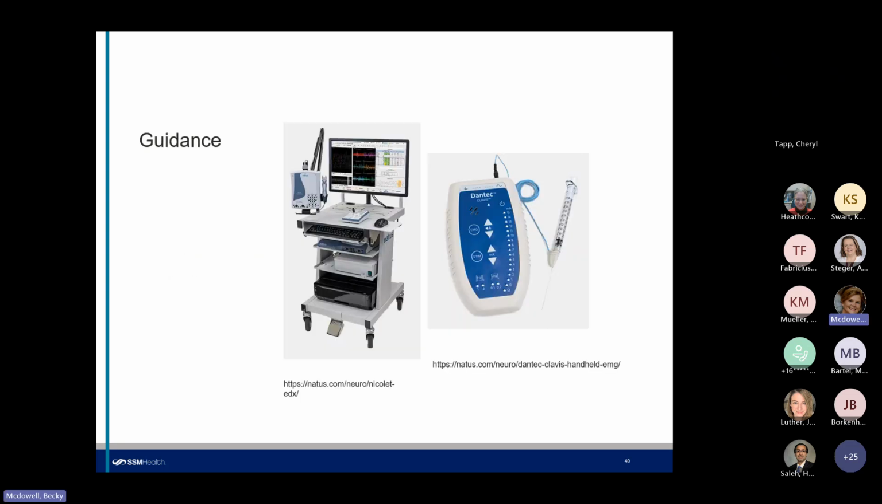For guidance, I just put a couple of machines up here. On the left side, that's an EMG machine that we use for nerve conduction and EMG studies. As you can see, it's pretty large, and that would maybe not be the best tool to use for somebody who is getting botulinum toxins all over their body, because you'd have to move the arm of it closer to the patient to do injections at each location. So there are lots of other devices that are handheld, and that's what you see on the right side. This is a device that I use in clinic, and I like it because it has EMG and